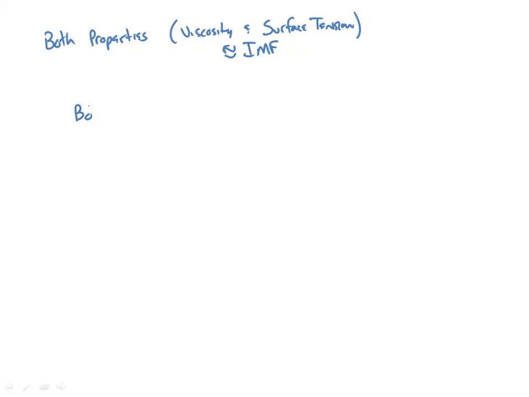So both properties, meaning viscosity and surface tension, are of course related to the intermolecular forces that we've been talking about. And what that means is that they're both temperature dependent. Meaning, as we increase the temperature, we increase the kinetic energy available. Therefore, that counteracts